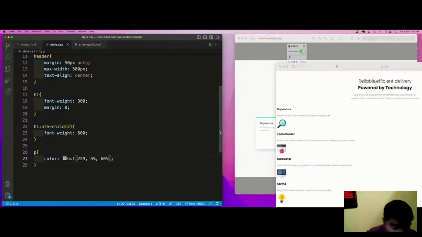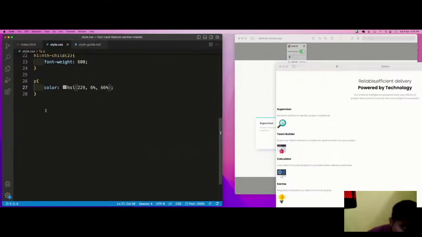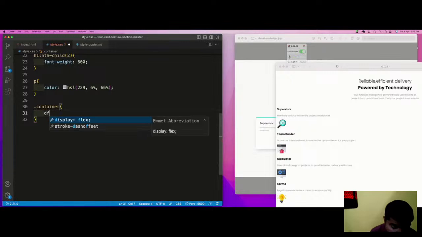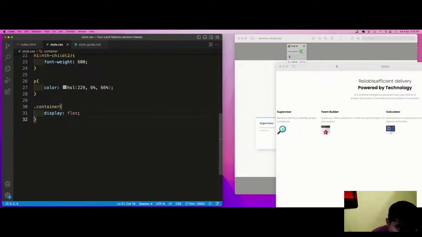Okay. And after that, we need to target the container, dot container. We'll use a display of flex, so everything will get aligned in a row.